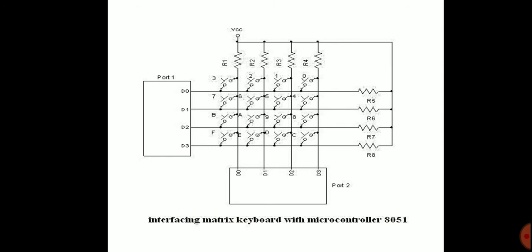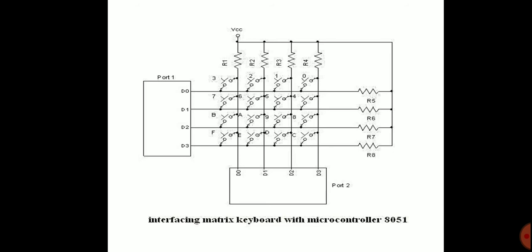To detect a pressed key, the microcontroller grounds all rows by providing 0 to the output latch. Then it reads the columns. If the data read from the columns, D3 to D0, is 1111, no key has been pressed and the process continues until a key press is detected. However, if one of the column bits has a 0, this means that a key press has occurred. For example, if D3 to D0 is equal to the binary value 1101, this means that a key in the D1 column has been pressed.